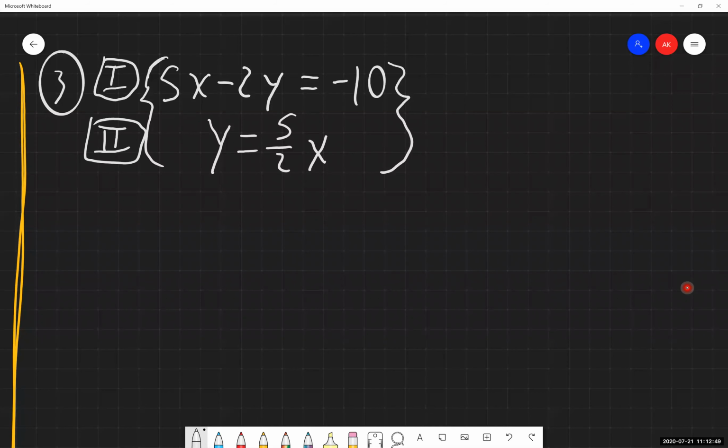Okay, so once again, we're following our process. Solve one of the equations for either variable. Doesn't matter which one we choose, either will work. So as we're looking at the system of equations we have here, our second equation is already solved for one of the variables. We already have a y equals something. It could alternatively be written as x equals something, and either way, one of the equations has been solved for one of the variables, which means part of our work is already done for us.